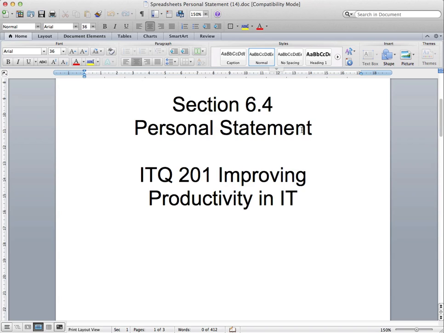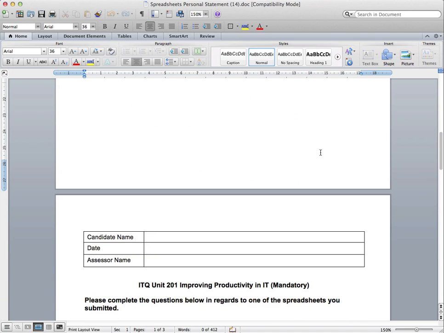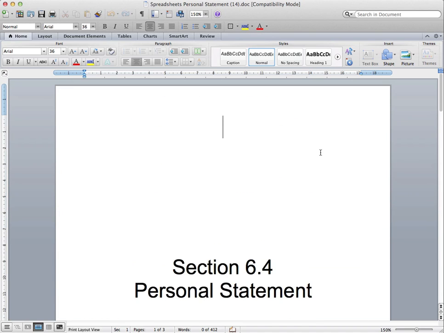Okay, so welcome into the personal statement for spreadsheets. And this is what we're going to look at today. What we're going to do is go through the various questions. I'm just going to give suggestions for what could be completed in each area. Obviously, I can't give direct answers, but we can suggest some things and some areas that you might want to